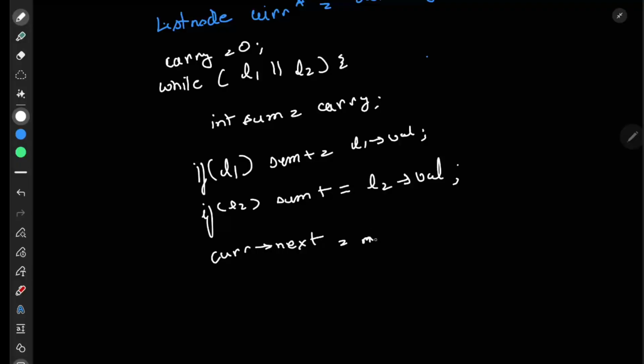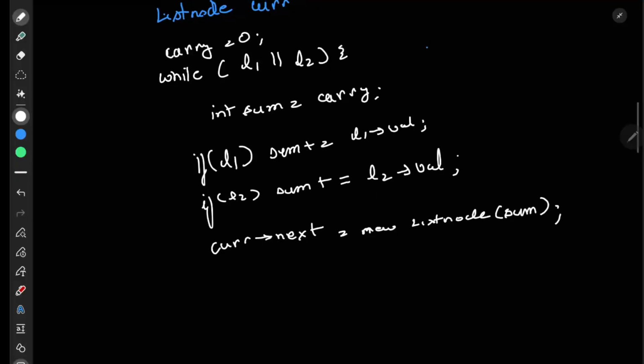So we can create a new list node, which will have the value of sum, right? And let's say if our sum is in two digits, right? Okay, we have to make a change here. So let's say if our sum was 12, for example, we only have to put the last digit in the node, and we have to keep one as carry. We have to put carry equal to this digit, and we have to put the last digit as the